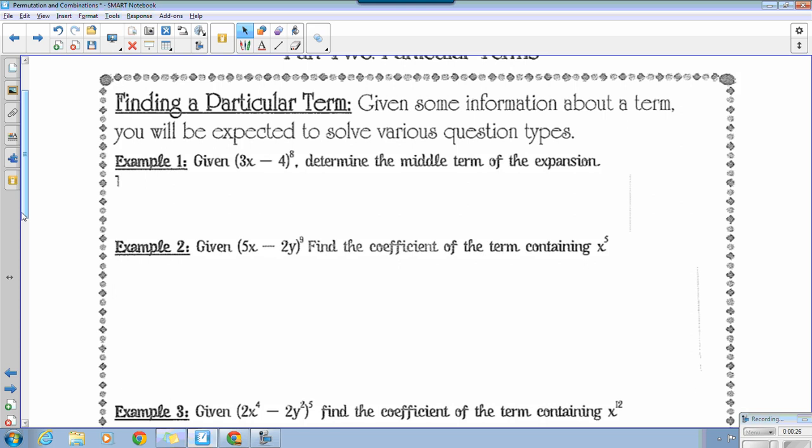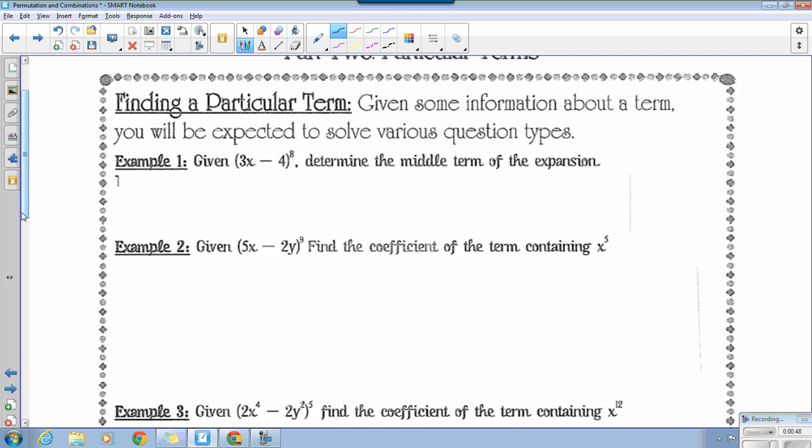So we're on page, I guess it's 370 in that note package, saying find a particular term. This isn't asking me to expand the whole thing anymore. As you can see, there's way less space. But it's saying, given 3x minus 4 to the power of 8, determine the middle term, like which one would be in the middle. This causes some grief for some people,